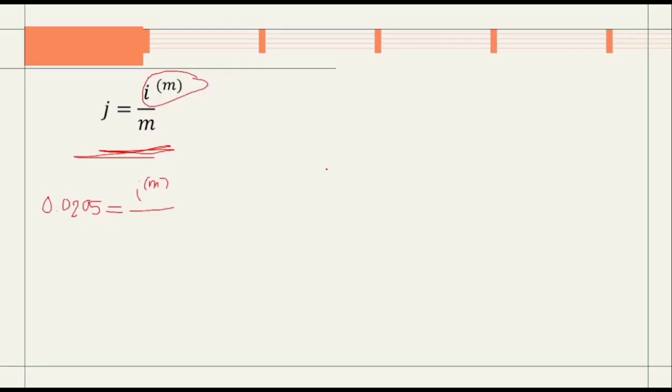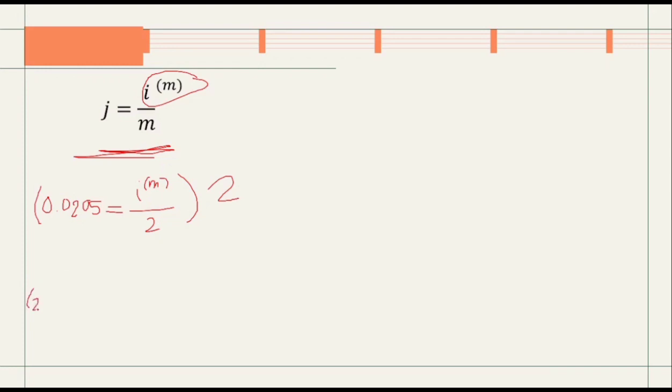So our value for m is 2. And then we need to eliminate 2 by multiplying both sides by 2. So this 2 here will be cancelled, and what's left is